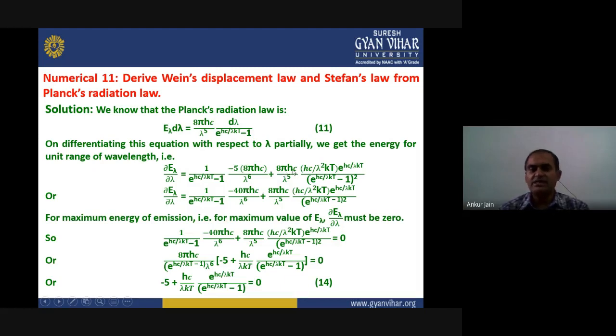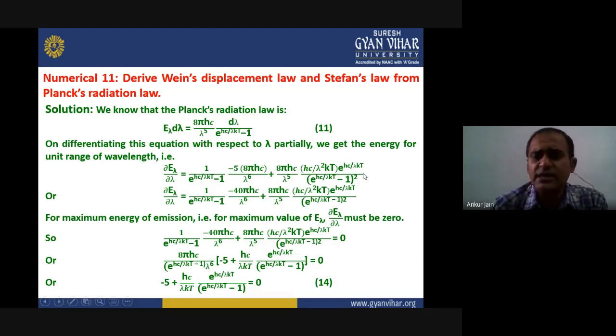Similarly, when we differentiate this term, the remaining term will be as it is. So 8 pi hc upon lambda to the power 5 into, now we are differentiating this term, it will be like the differentiation of e to the power x, very similar. So it will become hc upon lambda square kT into e to the power hc upon lambda kT, divided by, because this term goes to the top, it becomes to the power minus 1, and when we differentiate it will be minus 1 into e to the power hc upon lambda kT to the power minus 2. So it will come back again.